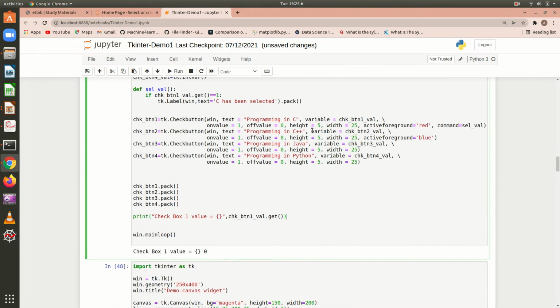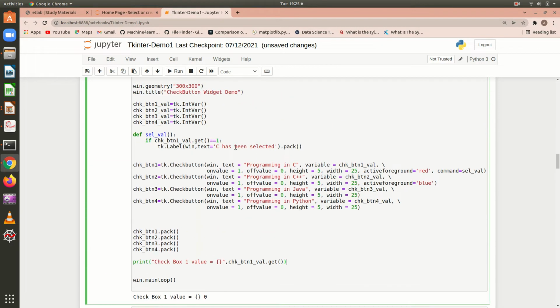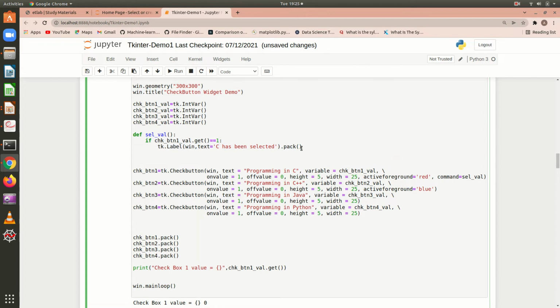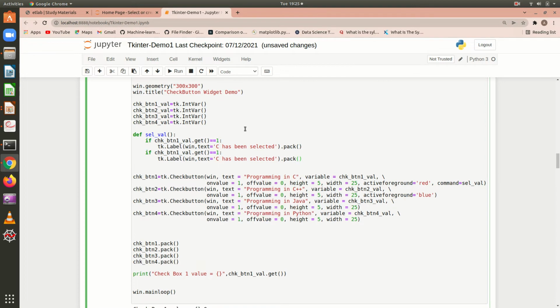Okay, and in the same way, you can also have, if check button true value, then you can say C++ has been selected, and again to the second check button also I am going to add the command.